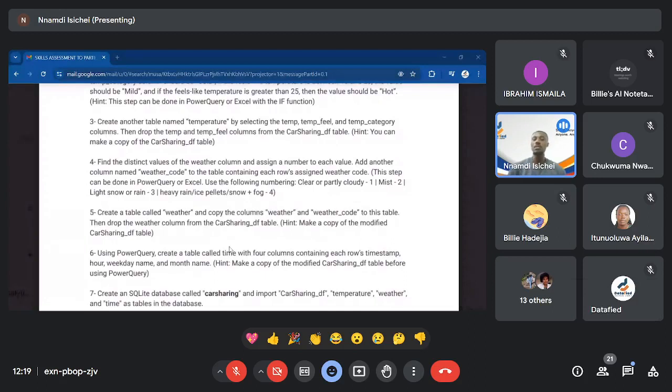We will pick it up from intermediate level and get you into advanced, where you'll be learning how to use some programmatic way to do data analytics. So that is it from my end. Again, this document will be sent to everyone, and instructions on how to submit and document your findings or the whole analysis will also be shared with you. Then we will meet again on Wednesday to congratulate those that scale through this assessment process.